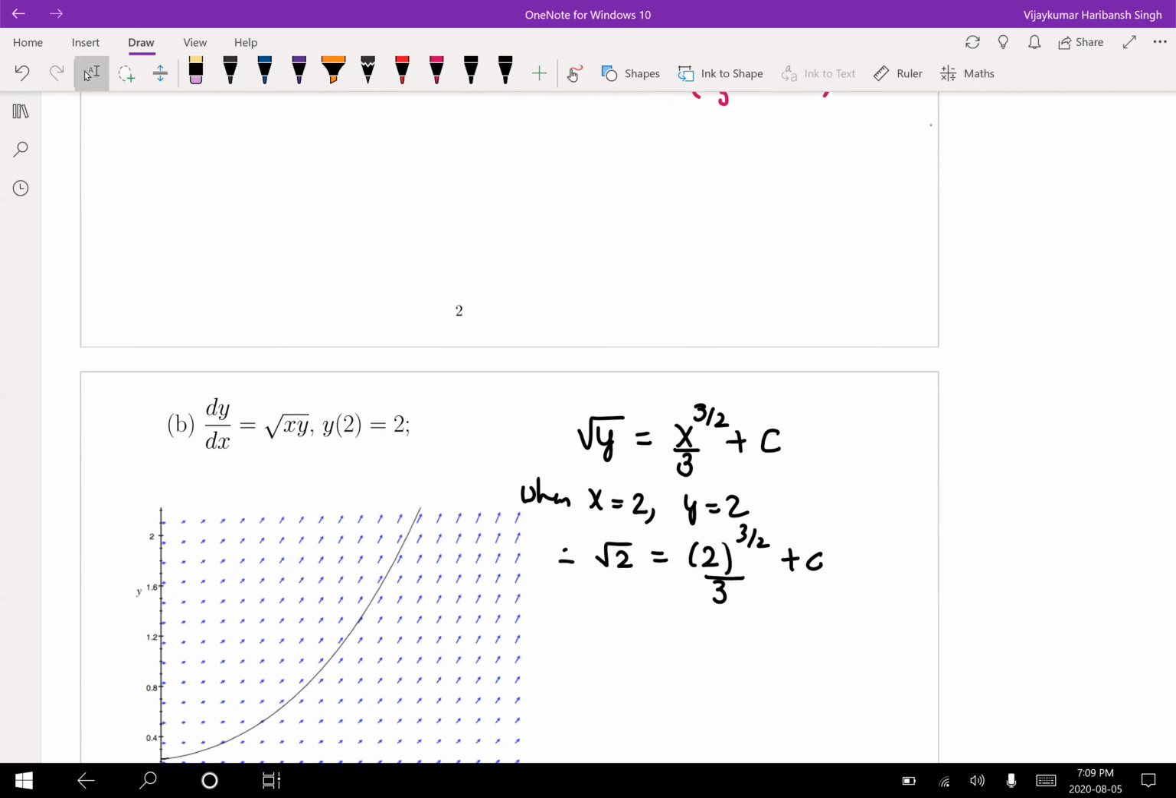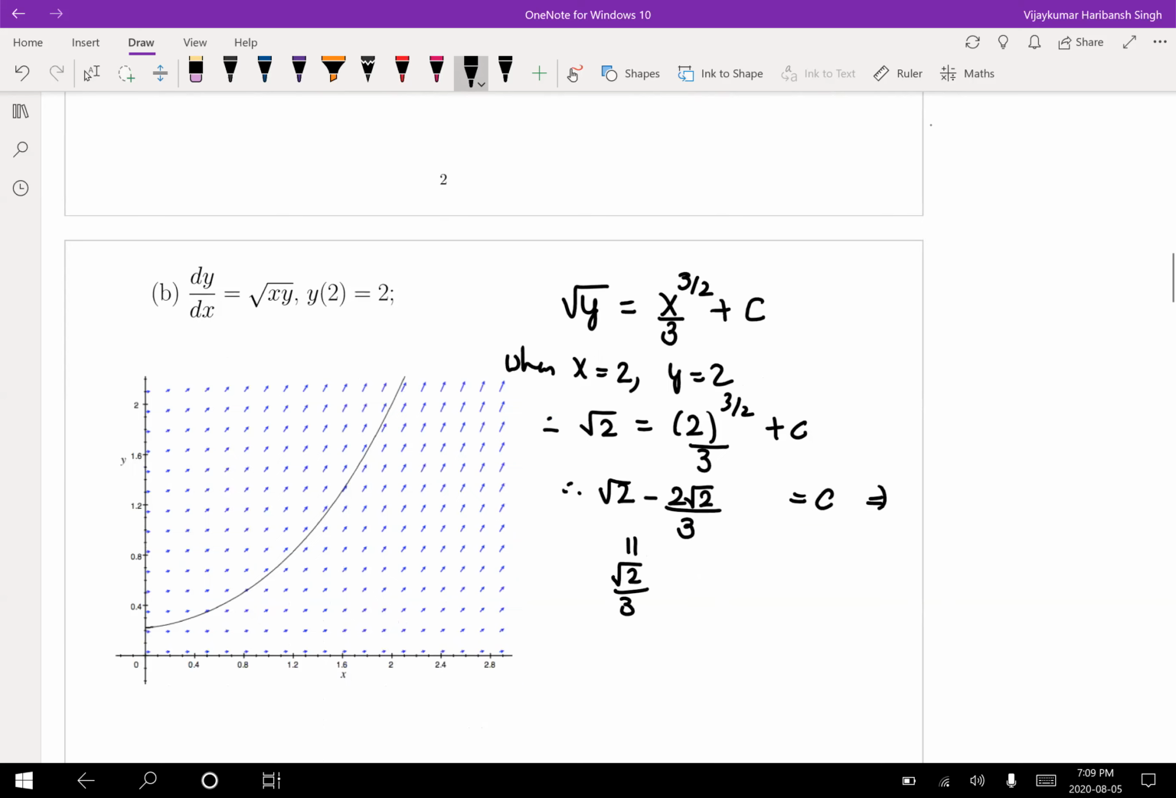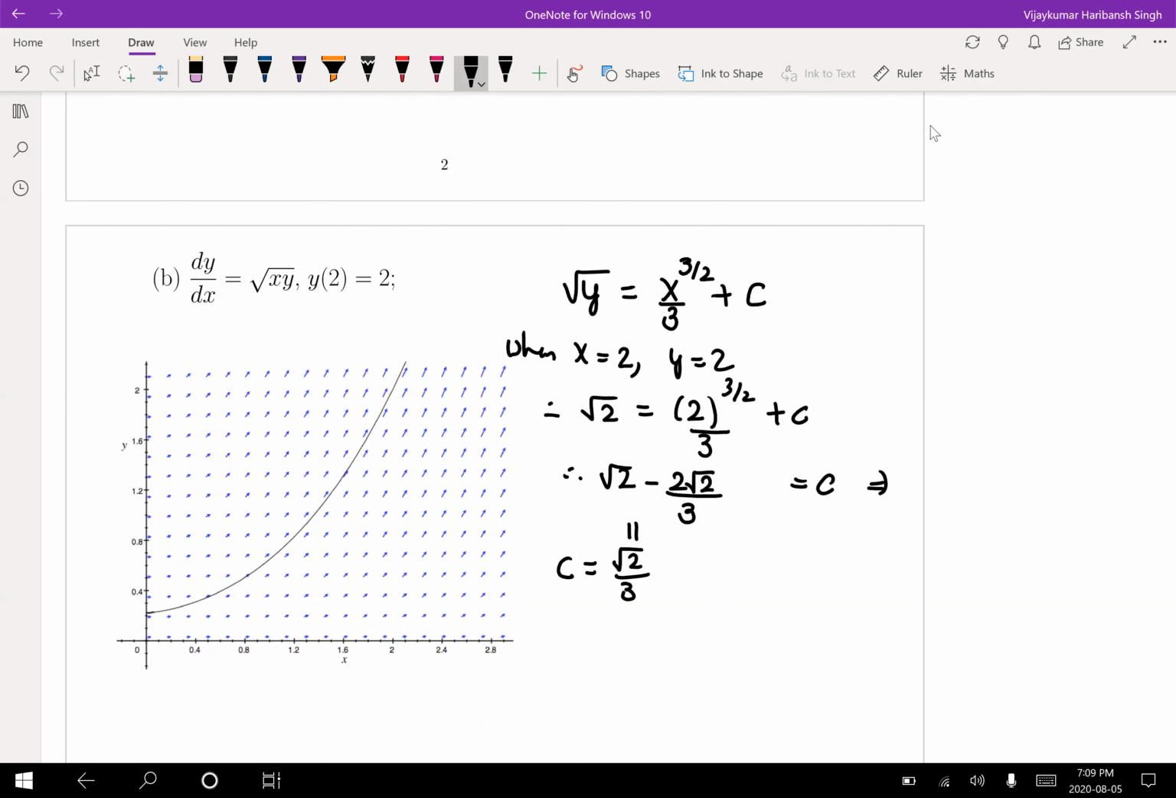So therefore we get c equals root 2 minus 2 root 2 by 3, which is the same as root 2, but this is the same as 3 root 2 minus 2 root 2, so it's going to be root 2 by 3. So that is what your value of c is, and hence your solution becomes square root of y equals